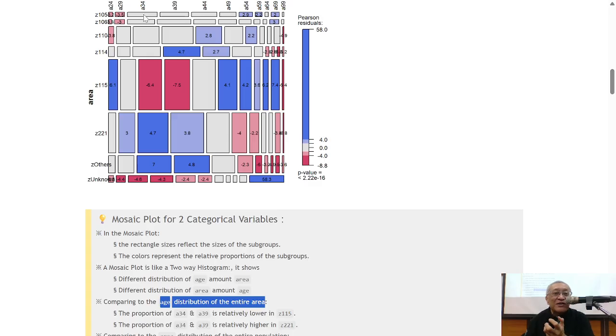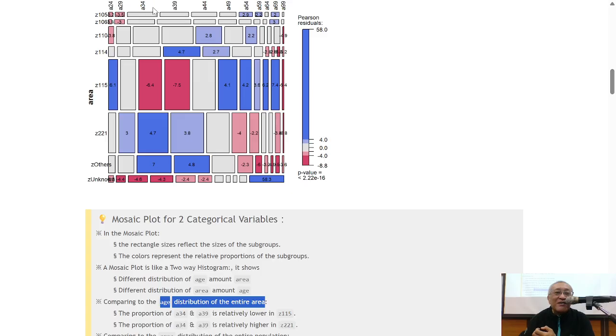The proportion that they live in Z221 and Z other is higher than the entire customer, right? It's relatively higher, the proportion. The age 24, you can see that, or put it more simply, you can say that this